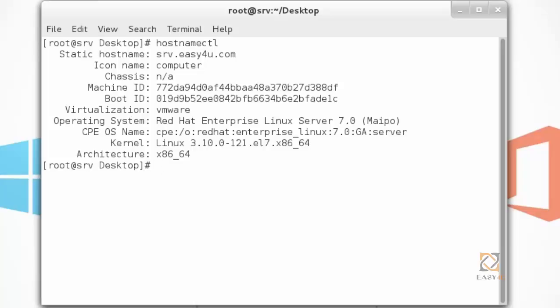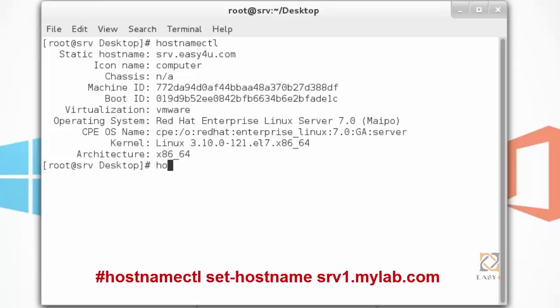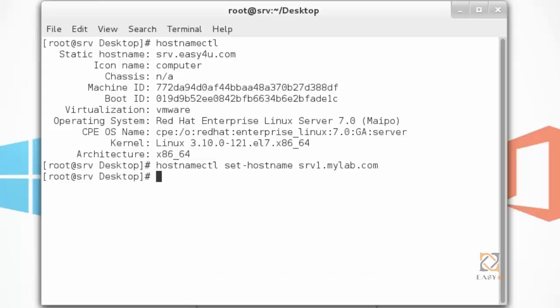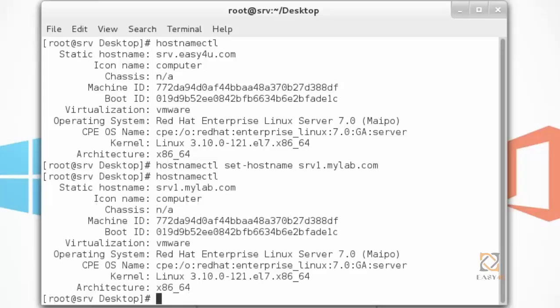Now I'm going to change this. hostnamectl set-hostname, and I'm going to use srv1.mylab.com. Then press enter. Then again use the hostnamectl command to check the hostname.